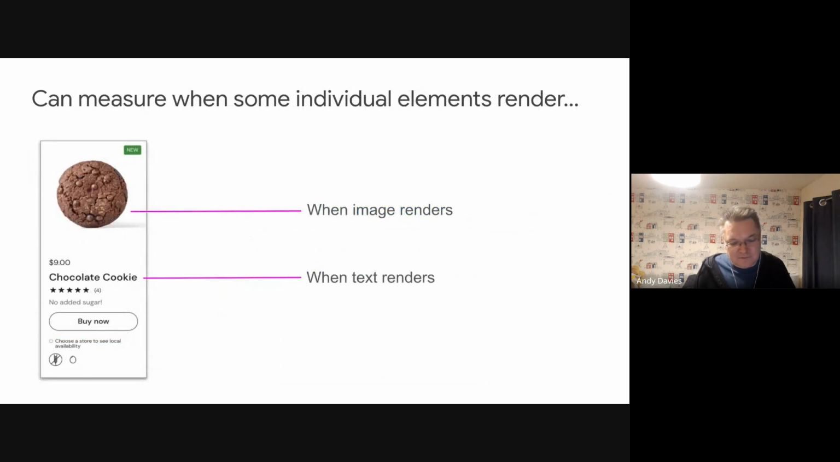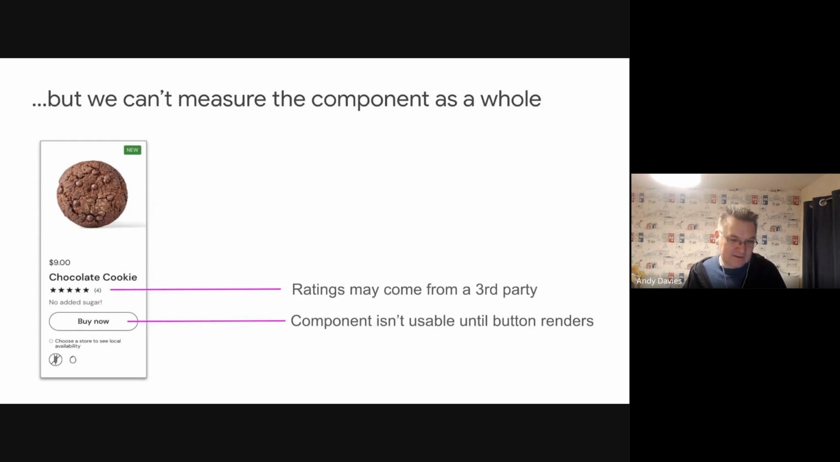And the challenge we have with components as they exist today is we can measure individual elements of that component. So in a product card, we can measure when the image renders or when the text renders. But how useful is that product card without measuring when somebody can actually use it? So when the button that allows somebody to buy it